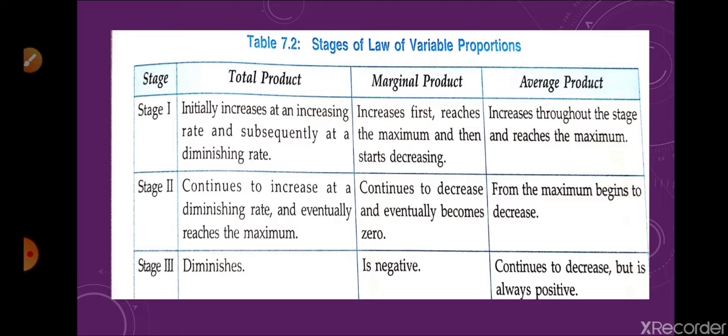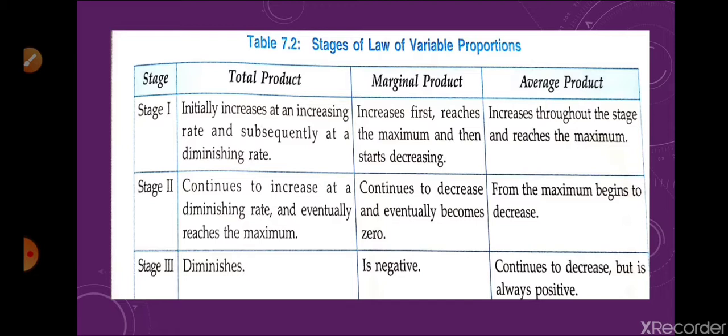Just now I explained with the help of this diagram. Second, MP increases first and reaches a maximum. You can see with the help of the table that in the first stage it reached the maximum limit of 130, and then in the second stage it declines and becomes 0. It means when optimum resources are utilized, it becomes 0. And afterwards, when we reach the third stage, it becomes negative, which means overcrowding is there.